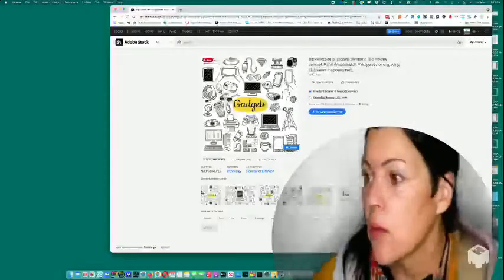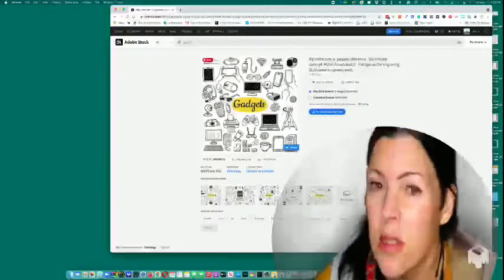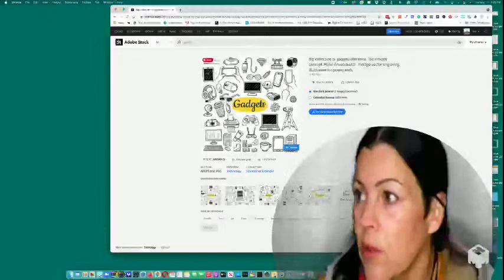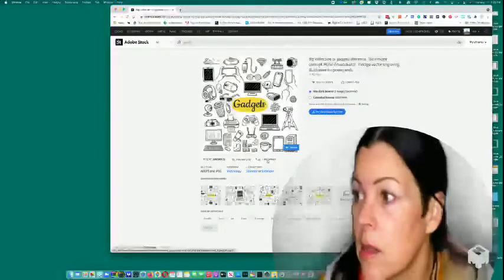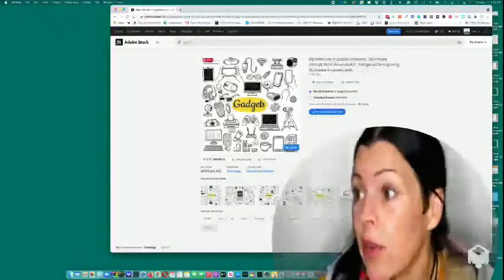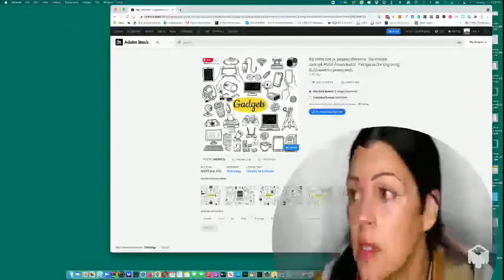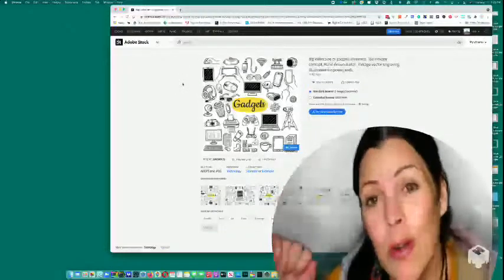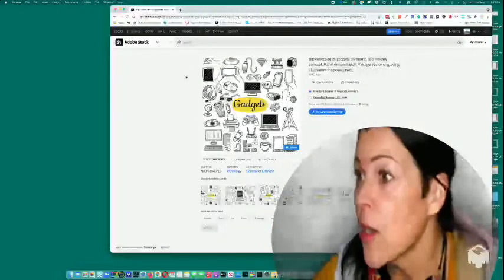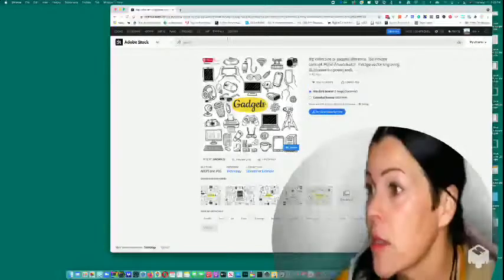So I downloaded these elements, saved them as PNG files, which took a lot of work. It took probably an hour, and I grabbed all of these guys, and then I was able to bring them into Canva, which worked really well. And on my Instagram, you'll be able to see the fruits of my labor when I put those up there. You might recognize some of these things.